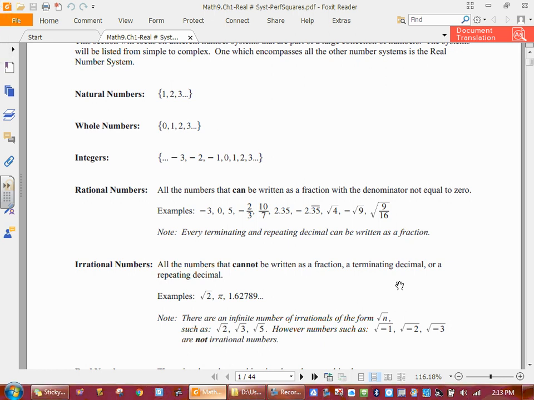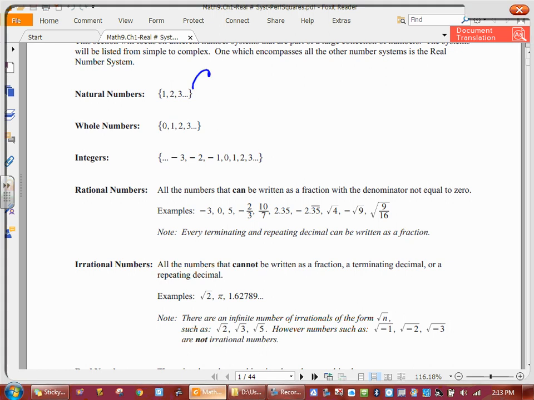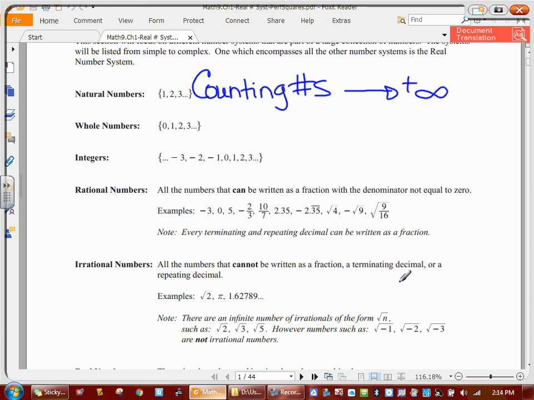As you've all written down, we're going to write counting numbers beside it. Counting numbers, and they go all the way to positive infinity. Whole numbers are the set of natural numbers, and they include 0. They only add one extra number in there. So these are natural numbers